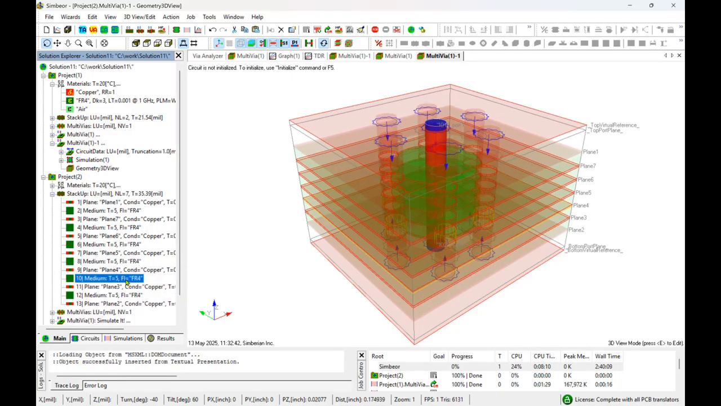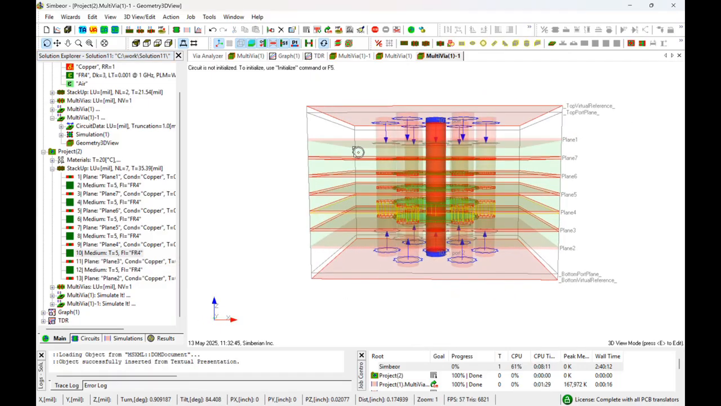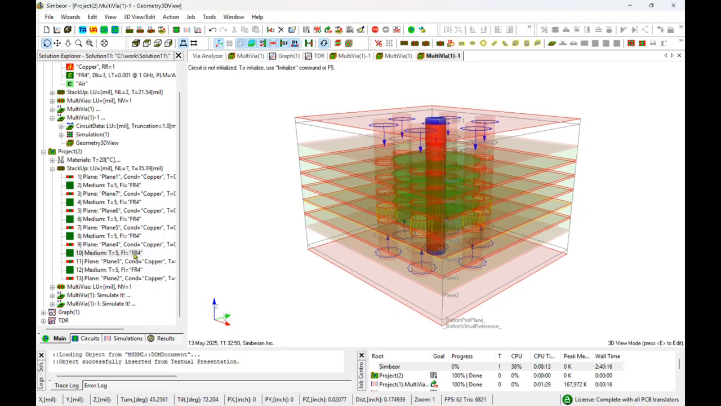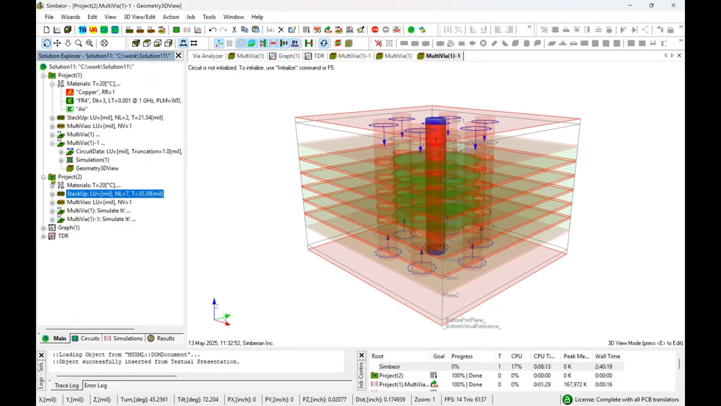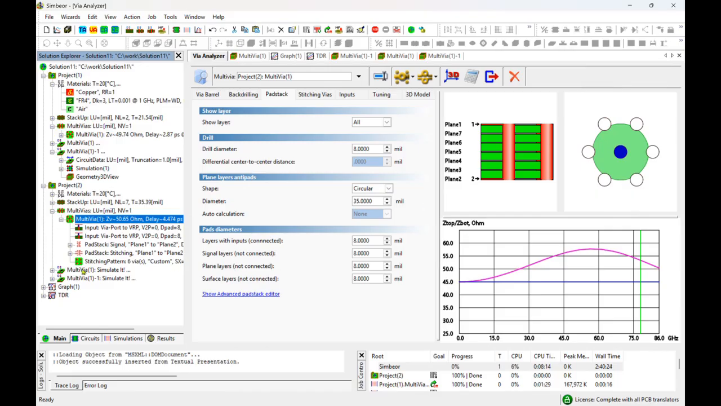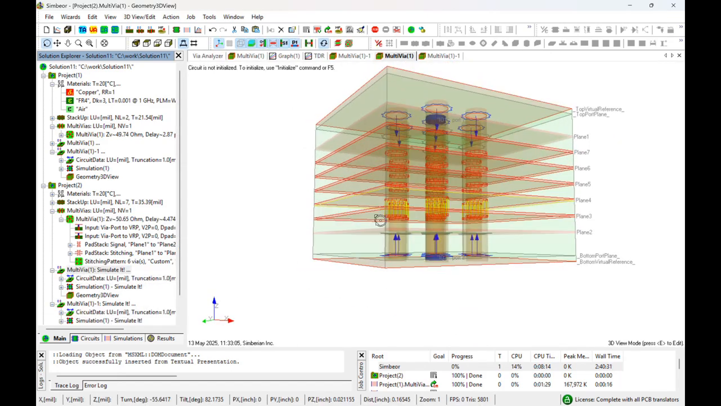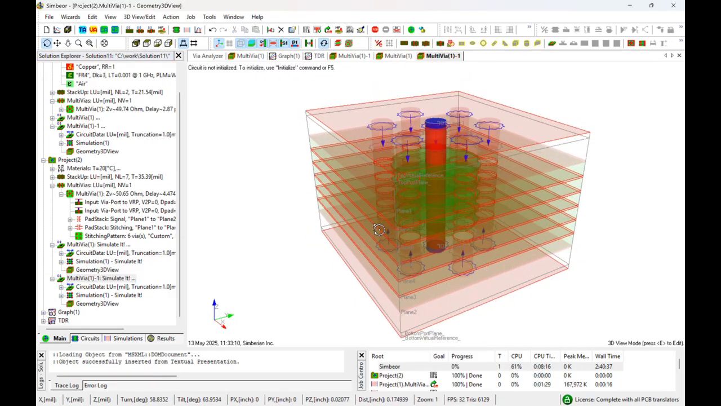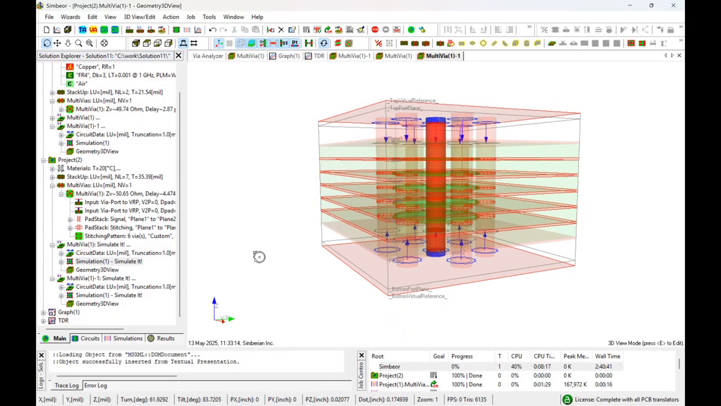So now we've got our via going through multiple stack up layers. It's the same via, multi-via one, where there are basically two cases. One is more capacitive and one is more inductive. This is the more capacitive and this is the more inductive case. And again, I simply run the analysis. Run. Oh,